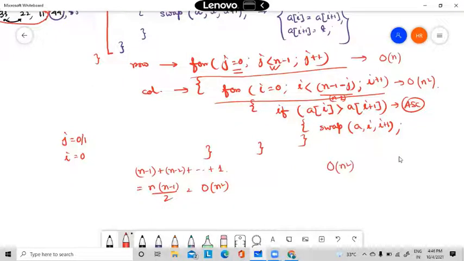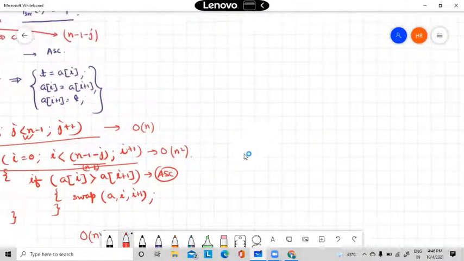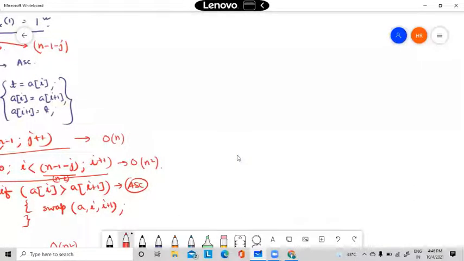You can calculate it from any position, either from the example, or from the for loops, nested for loop or single for loop. From all these things, you can calculate the exact time complexity. So the time complexity of bubble sort is order of n square. Remember this. Now the most interesting thing about bubble sort: this one, 44, 33, 22, 11,